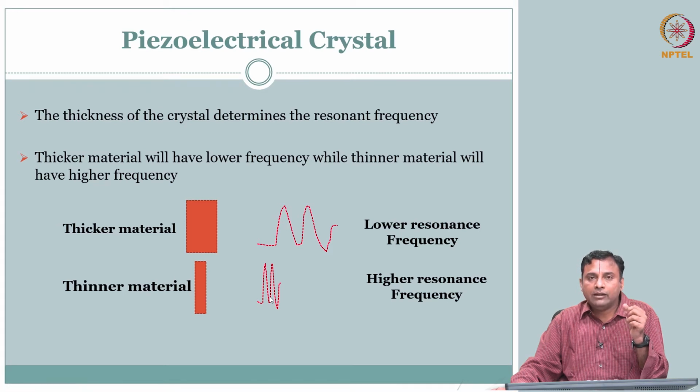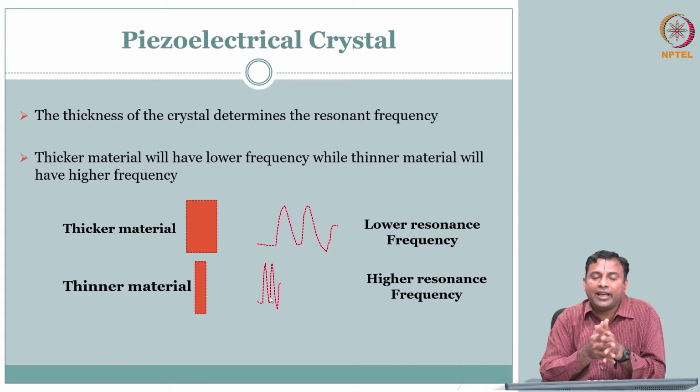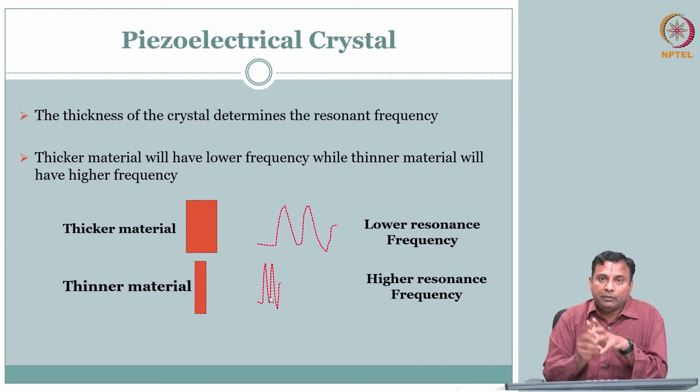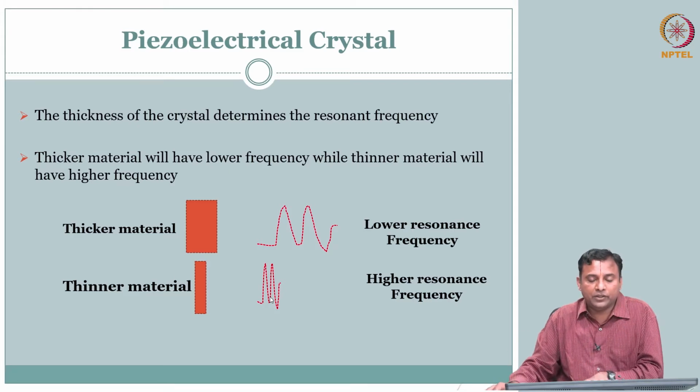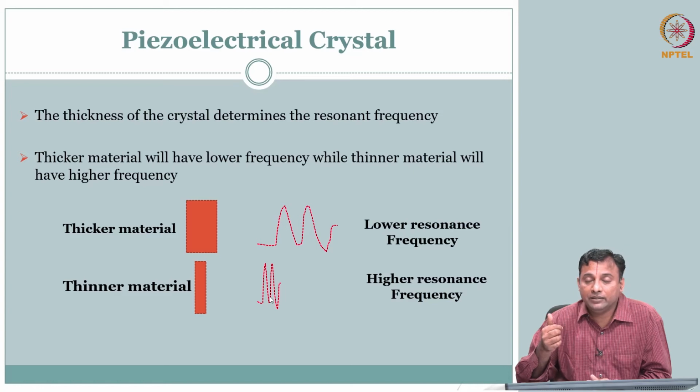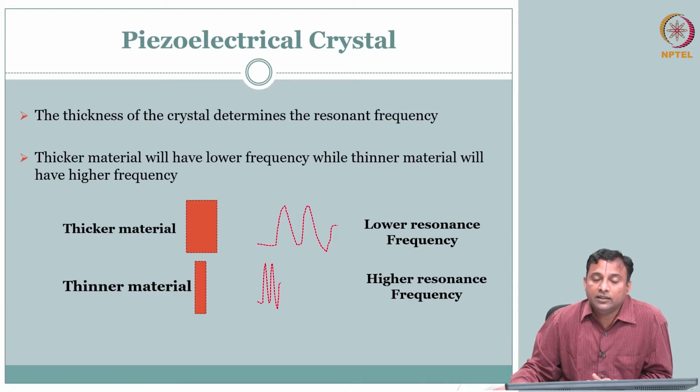So you notice when you go to higher frequency, if you want to generate higher frequency waves, then the material becomes thin, the crystal becomes thin, and therefore from a materials point of view it becomes challenging because it is thin, right. So it will be brittle, it can break, and you have to make sure that it is cut to size, to the different shapes that we want. So all that becomes complicated. Okay, so the higher the frequency, the manufacturing of these crystals becomes a little tricky.